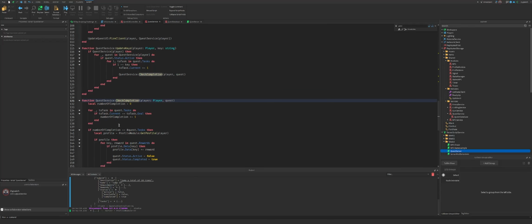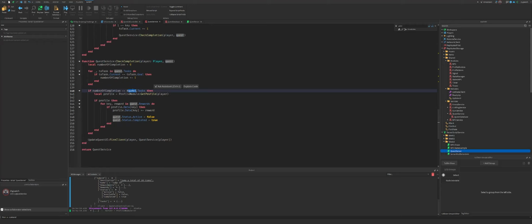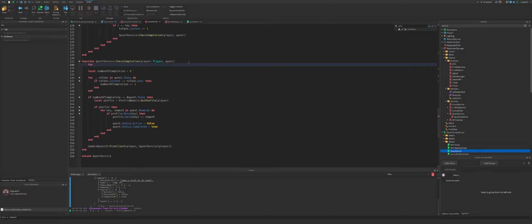Yeah, I know the issue. It's a dictionary, not a table. So number of quest.tasks isn't gonna work. I have to loop through it and automatically provide an index. So for underscore in